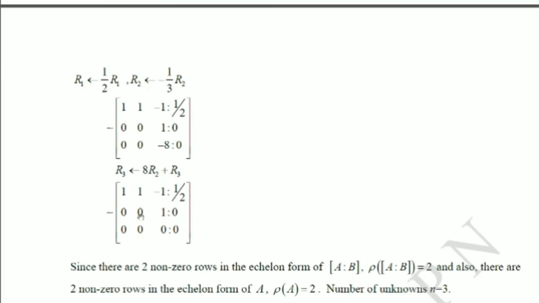Below this 1, we should have only zeros. And we know that we cannot use row 1 anymore. We have to use only row 2. So I'll multiply this by 8 so that this becomes 8 minus 8, which gives you 0. So I'll change row 3 by 8 times row 2 plus R3. I'll keep the first two rows as they are. 8 into 0, 0 plus 0, 0. 8 into 0, 0 plus 0, 0. 8 into 1, 8 minus 8 is 0. 8 into 0, 0 plus 0, 0.